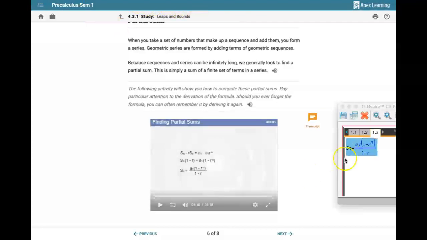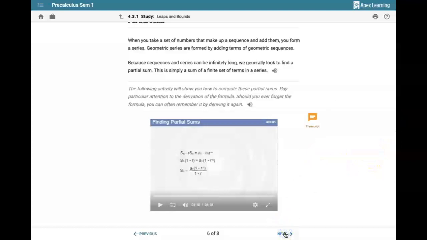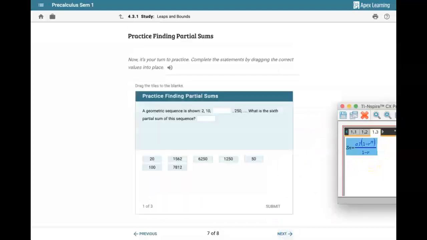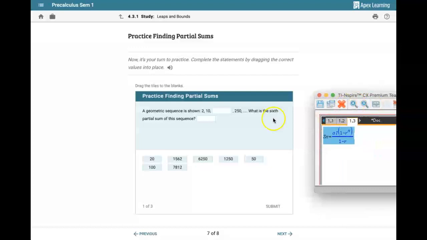All right, so there's our equation, the best that I could write it on this calculator app that I have. A sub 1 times 1 minus r to the nth over 1 minus r. Okay, so looking forward here, if that's my geometric sequence, what is the sixth partial sum of this sequence? First off, we'd have to figure out